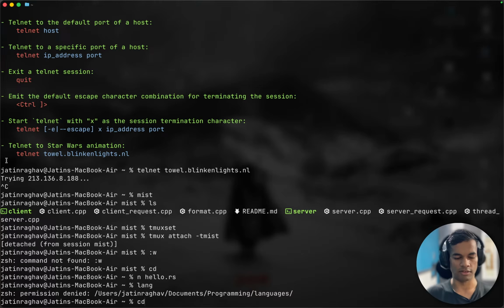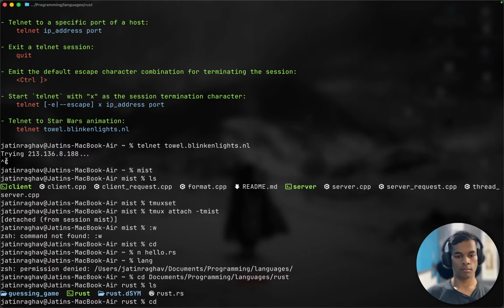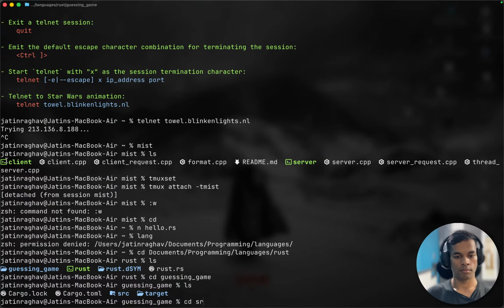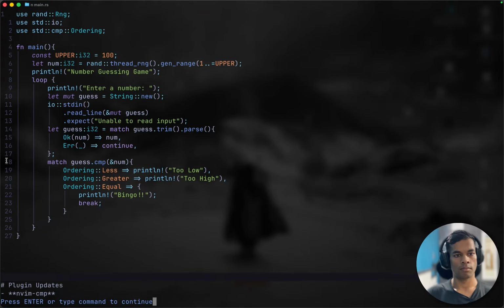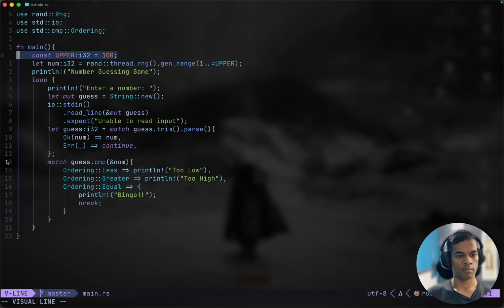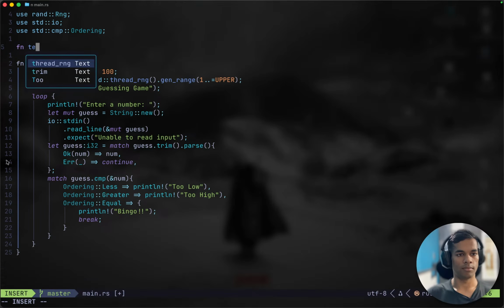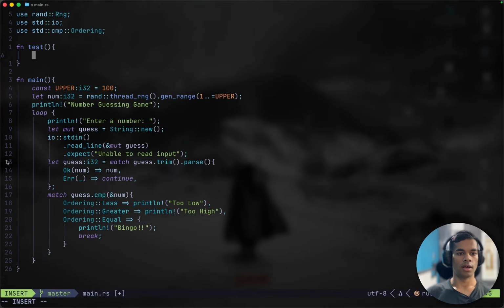Permission denied is crazy. Programming languages. Okay. fn test doesn't do anything. And here we have let x equals